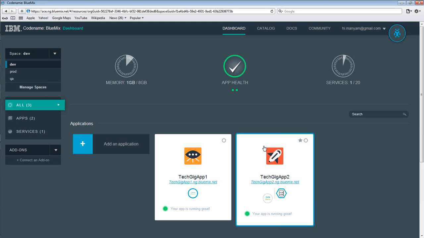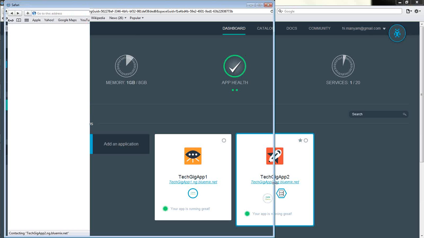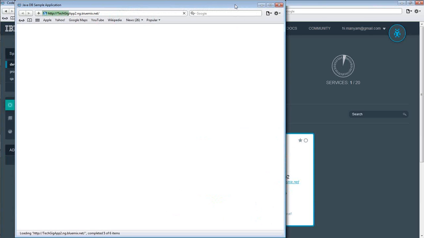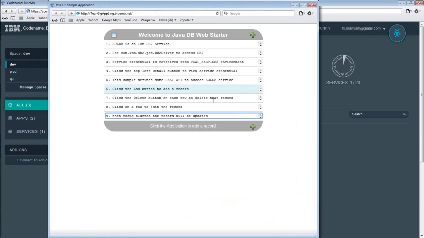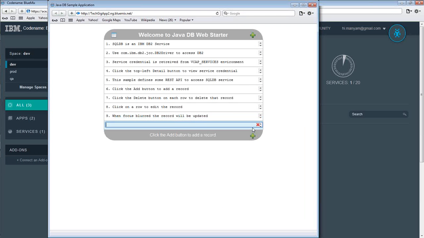Now I am done with this. The second app is also ready, which created a Liberty Java instance and a database. So I'll again click on this. You can even type this in your browsers to co-test this with me live on the public cloud, TechGig app2.ng.bluemix.net. This is again a test app where some entries are in the database, and I can click on this